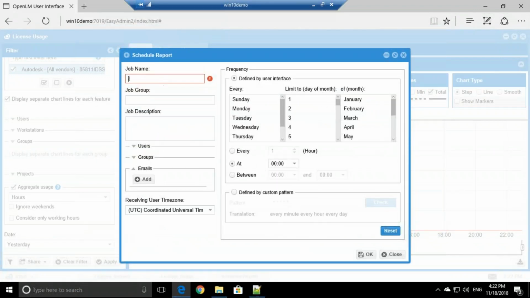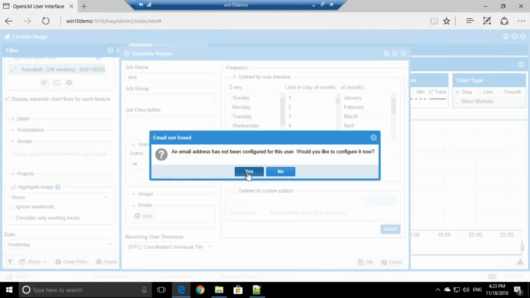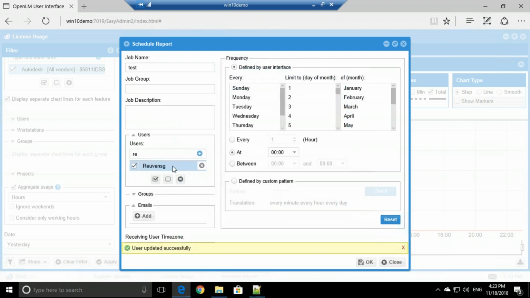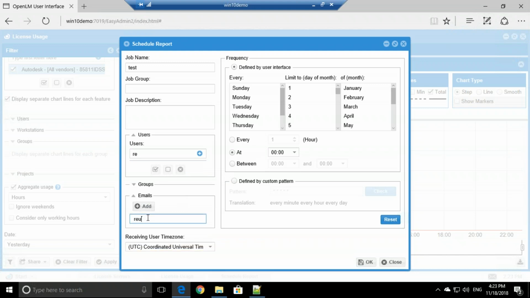So we can give it a name, add the user, and if the user has an email in his attributes, for example, now I try to add a user without an email. So I added the username and the email, clicked save, and now I can save to this user. But let's say that I want to send to a specific email. So I click add